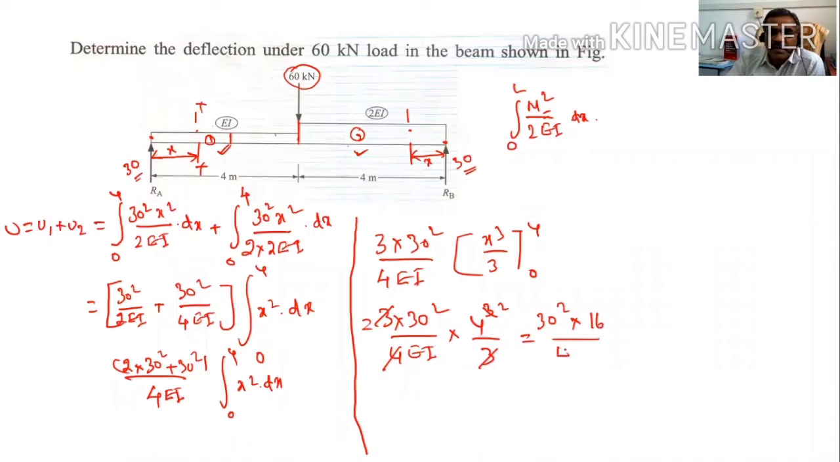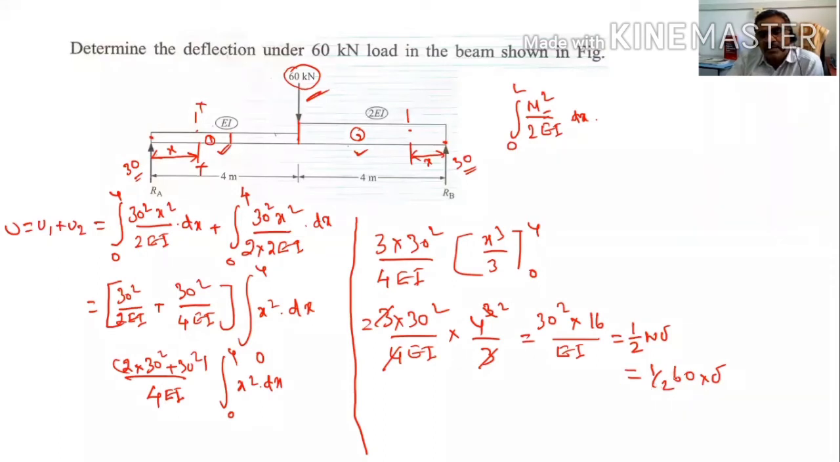divided by EI. This is strain energy stored. That is equal to what? Half into W into del. What is the value of W? W is equal to 60. Half into W, the load is 60, 60 into del. When, if you get this,